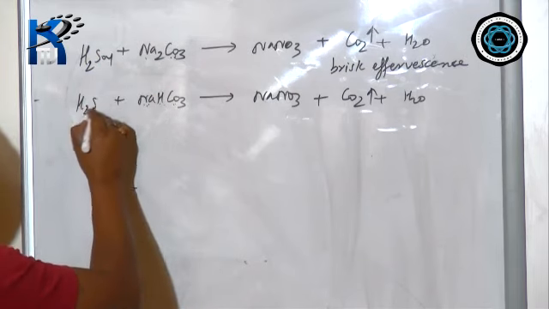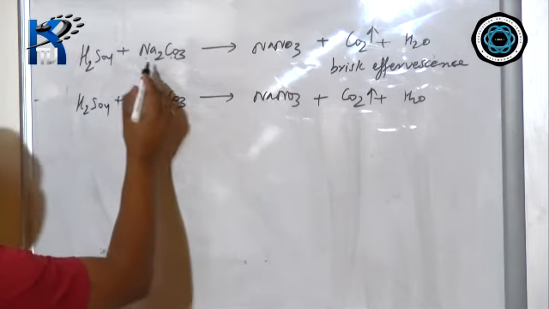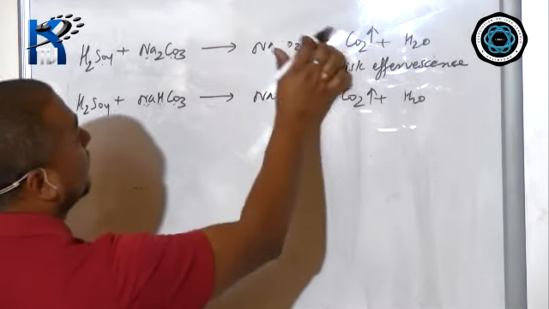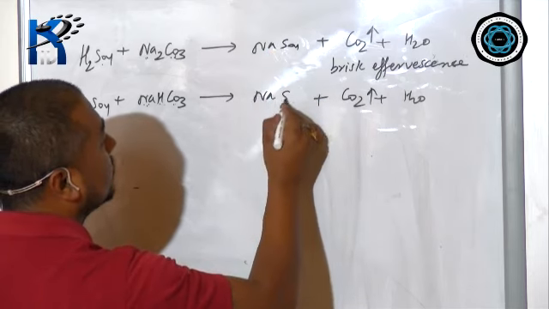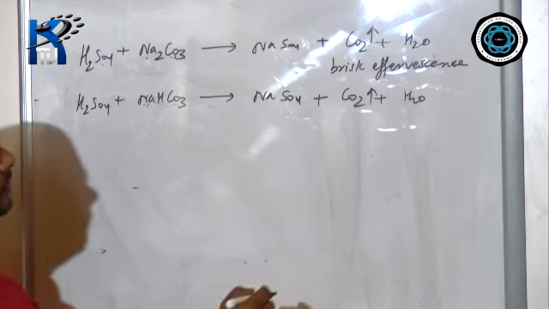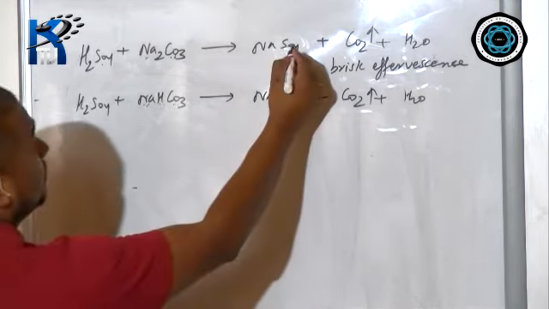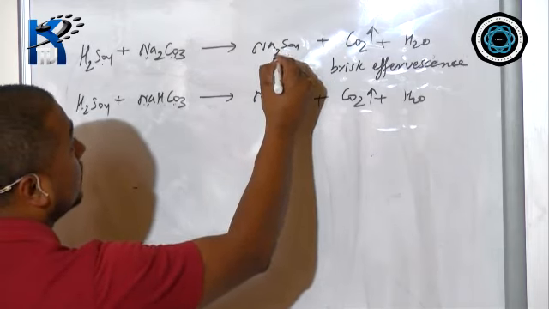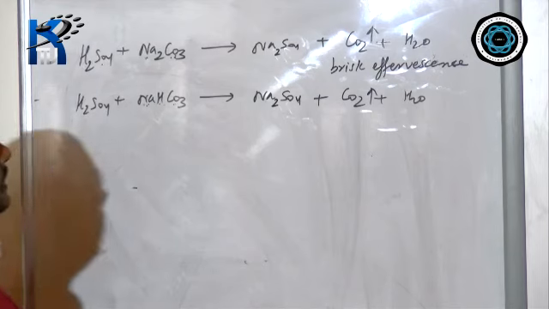And in place of nitrate, you can take sulfate also by taking sulfuric acid. If you take sulfuric acid, everything will be the same again, but the salt you get is sodium sulfate, in both cases. In the earlier cases, chlorine's valency is 1, and nitrate's is also 1, so there was no number on sodium. But sulfate's valency is 2, so when you cross, you have to write 2 here. So the formula of sodium sulfate is Na2SO4.